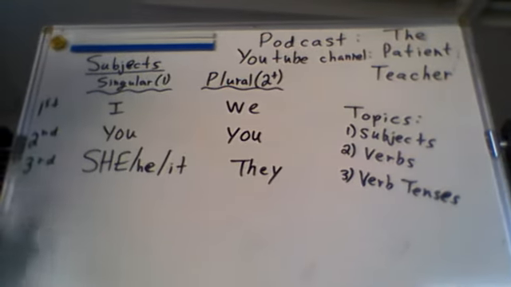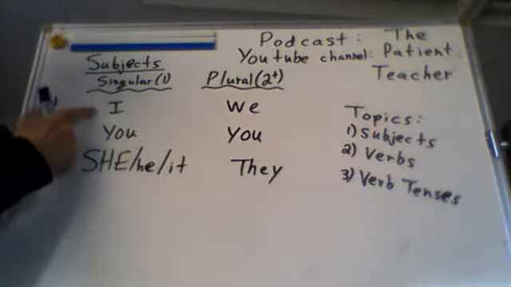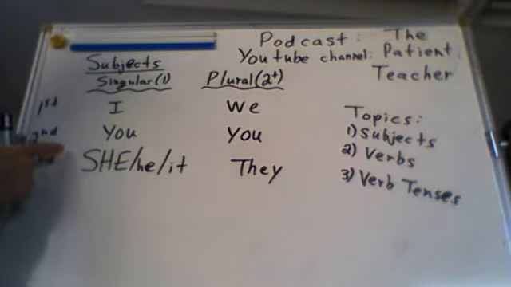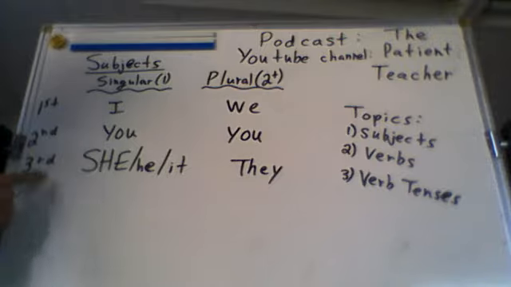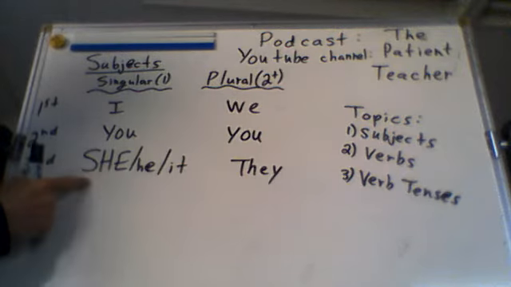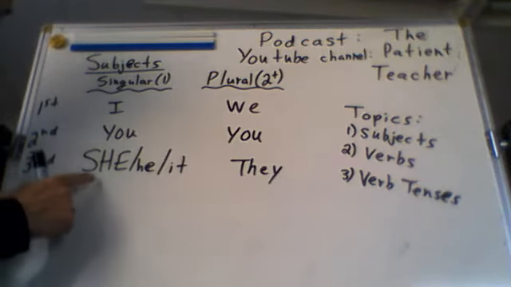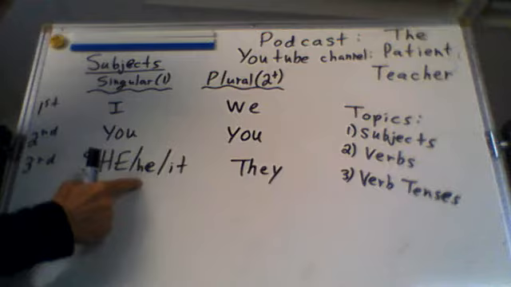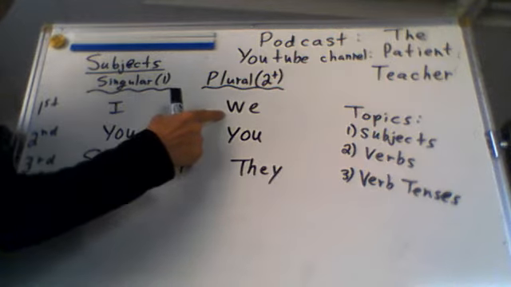And we have first, second, and third person. Okay? So singular, the subject is I. Second person, you. And the third person is she or he. Notice how she is much bigger than he. It used to be very funny in class when I would say the women are so much more important than men. Okay? And plural, we have we,